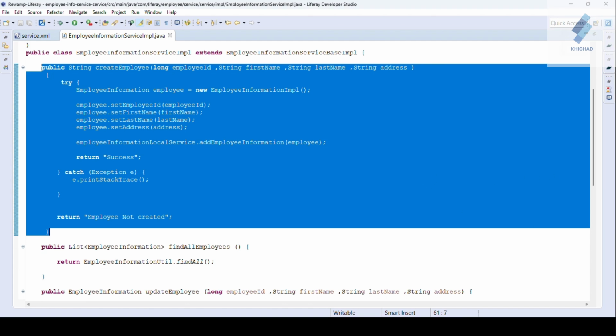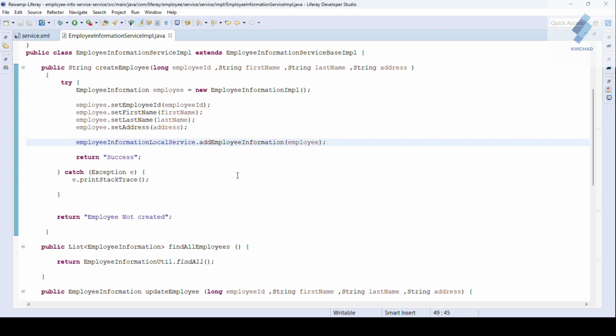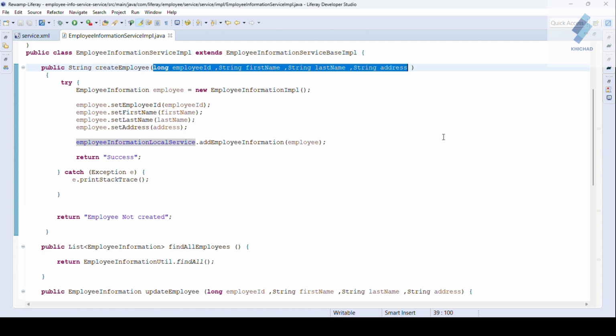Once we have the new employee object, we need to provide parameters: employee ID, employee name, and employee address. I have already provided these parameters, and each attribute is assigned its value using a setter method like setEmployeeId.